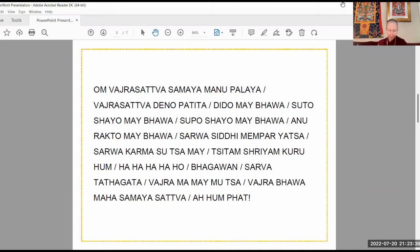Om Vajrasattva Samaya Manupalaya Vajrasattva Dina Patita Dida Mebowa Sutokaya Mebowa Supokaya Mebowa Anarakta Mebowa Sawasidi Mepiyatsa Sawa Kamasasame Sitam Shriyam Kuruhum Ha Ha Ha Ho Bhagawan Sawa Tatagata Vajramame Mutta Vajrabawa Mahasamaya Sattva Aham Pe